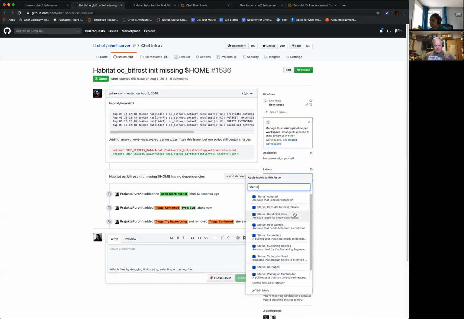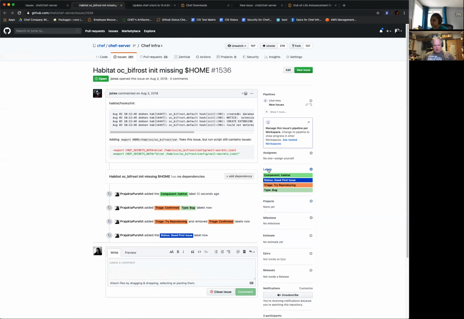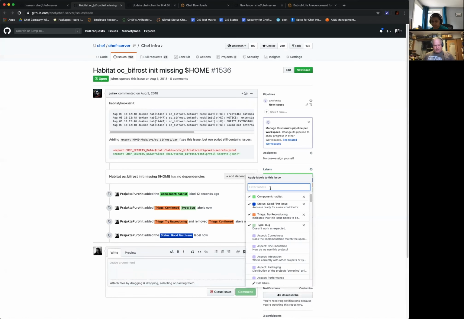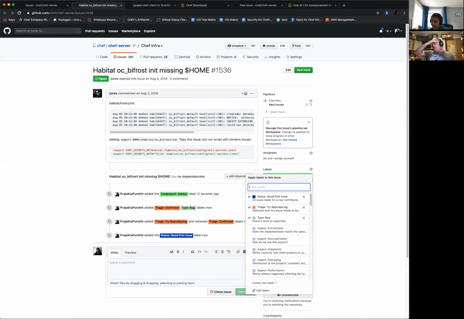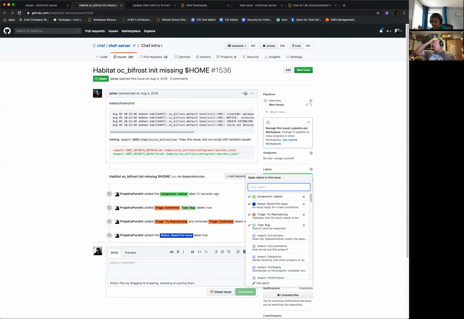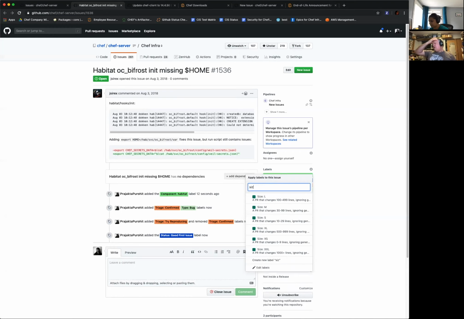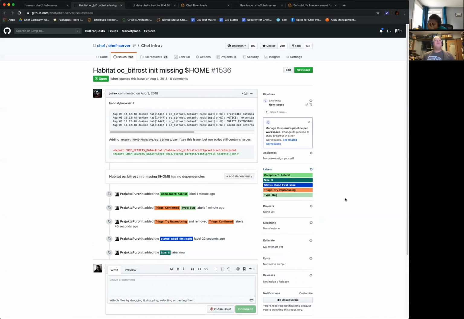I want to say this is a good first issue. Yes, I think it is a good first issue. I think we would be happy to have a pull request on it. Because we wrap the habitat packages for Chef Server in our main use cases around A2 Automate, we aren't bitten by this because the wrappers essentially protect us from this bug. Okay, that's why we've not hit it.